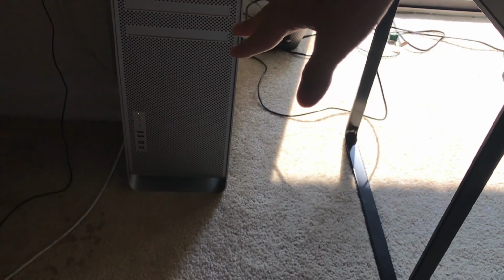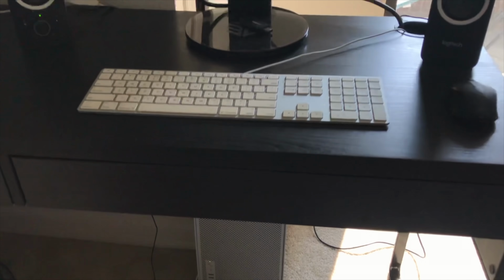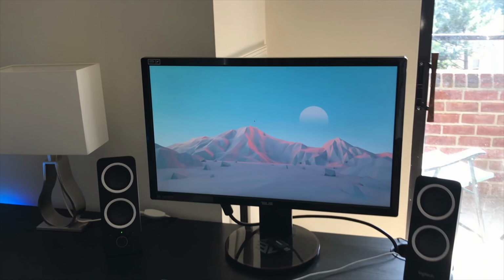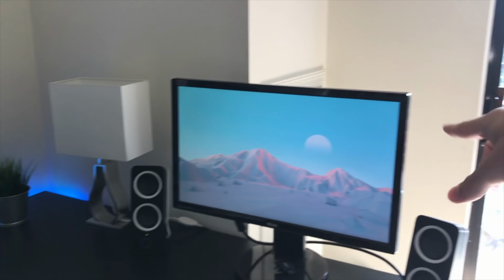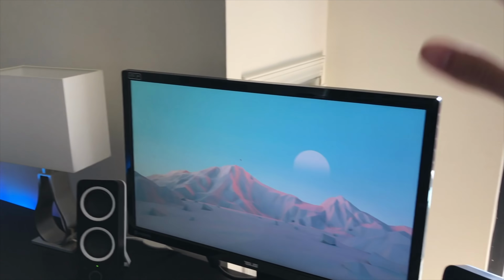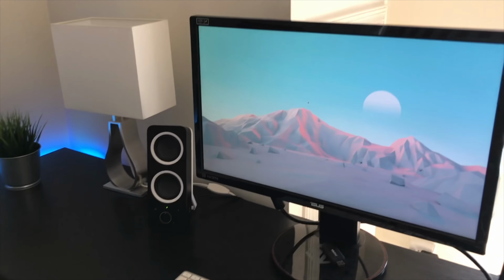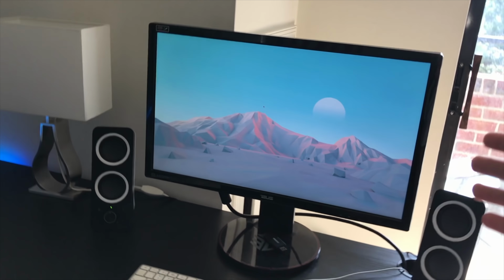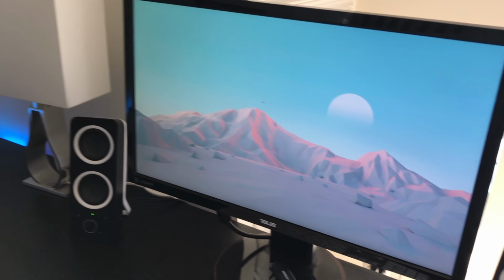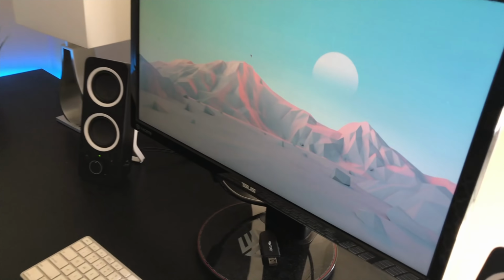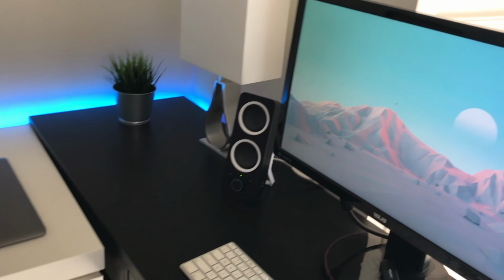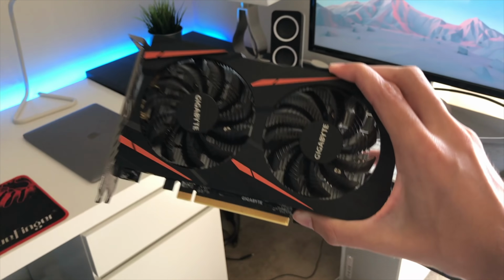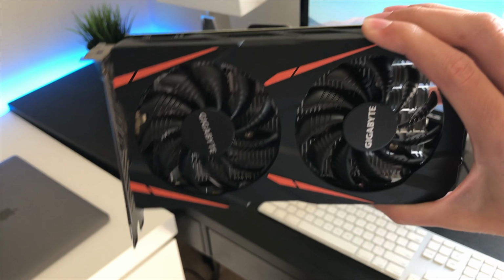With macOS Mojave, these older Mac Pros are still supported, however they do need specific graphics cards. The stock graphics cards on the 2009, as well as the 2010 and 12 that have a 5770 in them, are not Metal supported, so I don't think they're going to run Mojave, at least without a patcher. Now with all that in mind, I went on eBay and I bought this AMD RX 560